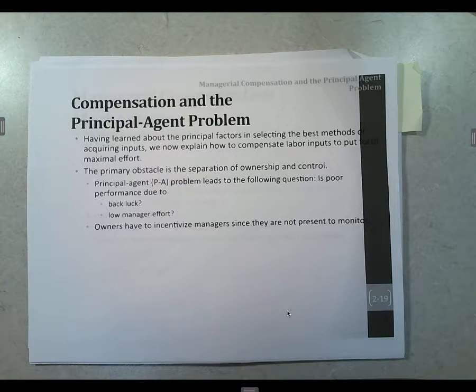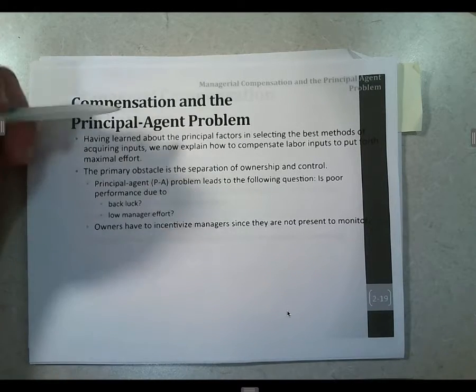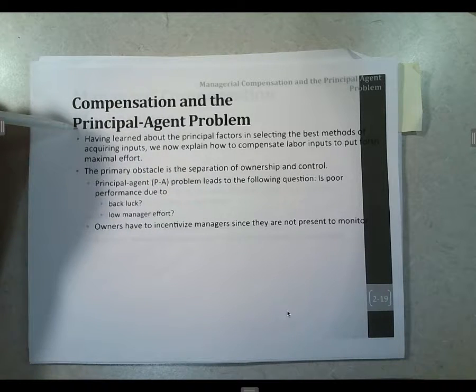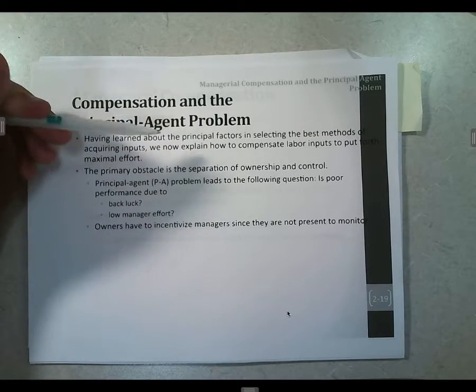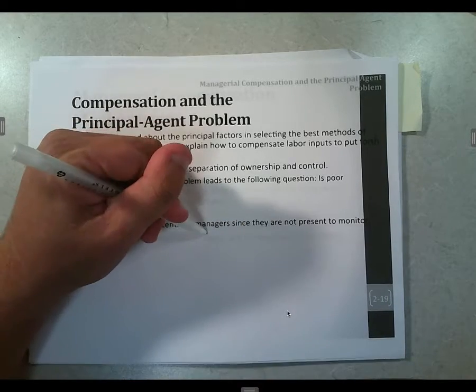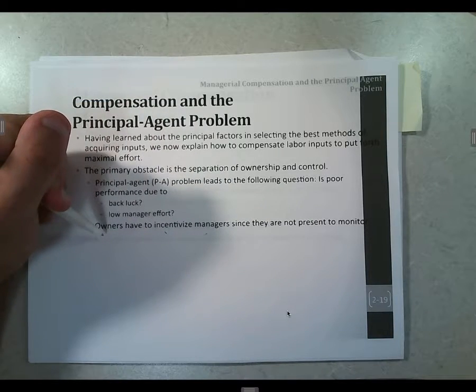What I need to do here is make sure that the manager, who probably doesn't own shares in the company, is not the owner of the company. The problem is that a principal-agent problem comes about. How do I know that the agent, who is the manager, is acting in the best interest of the principal, the owner of the company? Because the agent's getting just a salary, right? The principal, the owner, wants a good job done at a very cheap cost. So we need to make sure the manager has an incentive to do right by the owner.